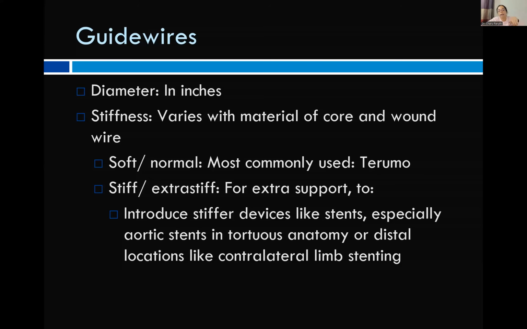Also, length of the wire varies. Normal length wires are usually 160 centimeter wires. But then we have exchange length wires, which are longer and are usually 260 to 300 centimeters. This is because if we have already reached a position and now we want to change one catheter with another, a small wire will not let us exchange the catheter, because whenever we are